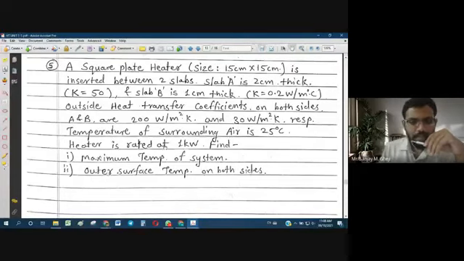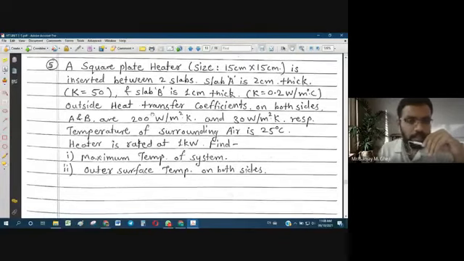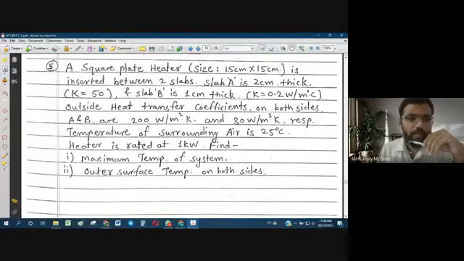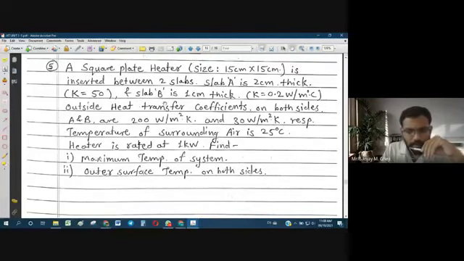Now let us understand what is given. Before directly getting into solving, we have to first understand the situation, understand the physics of the problem, and by understanding the physics, we have to draw the proper sketch. Once you draw the proper sketch, then you can proceed further. While solving the problem, understanding the problem is the most important first part. Once you understand the problem, then 60 to 70% of the job is done. What remains is only calculations.